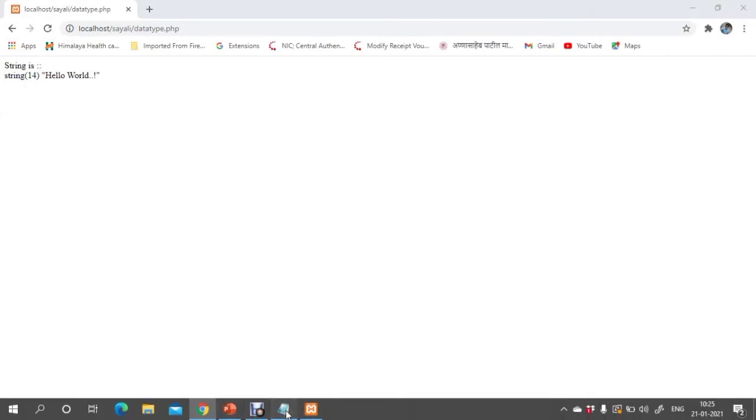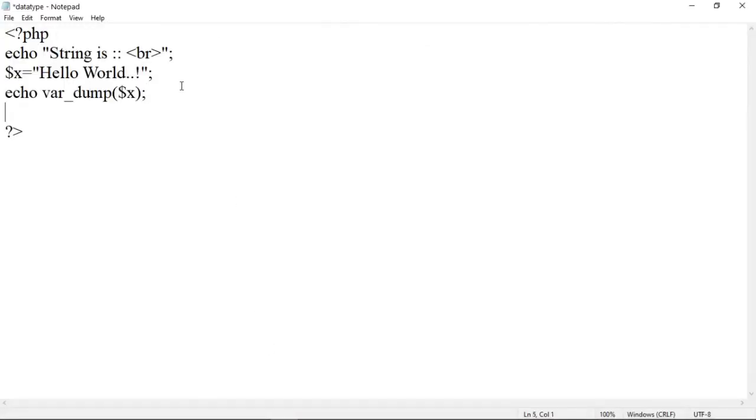We can check the data type of any other type of variable also. Suppose let us declare another variable $y, suppose equal to 1234, then a semicolon. Let us check the data type of it.